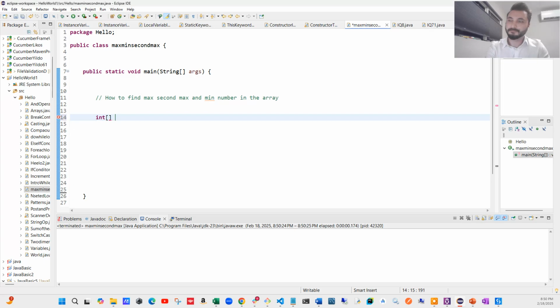Int array, let's call it numbers. Okay, we declare our array and I'm going to fill it in, assigning some values into the array. Let's say the first value is 1, the second value is 9, the third value is 7, the fourth value is 8, then the other value is 11, another is 78, and the other one